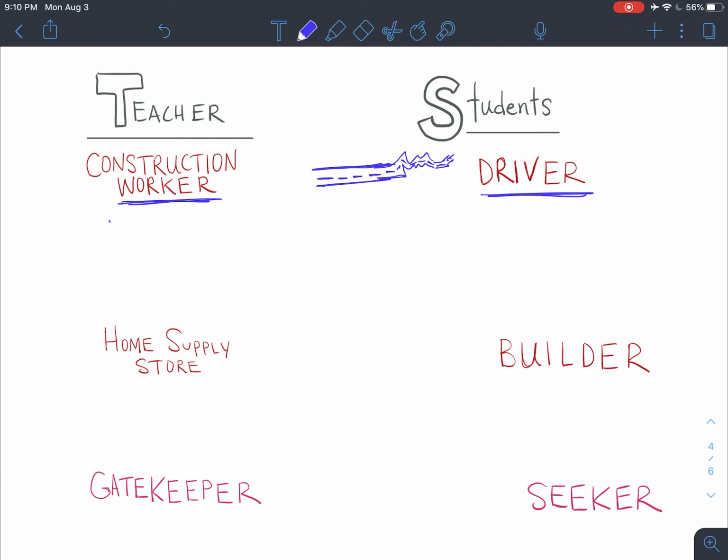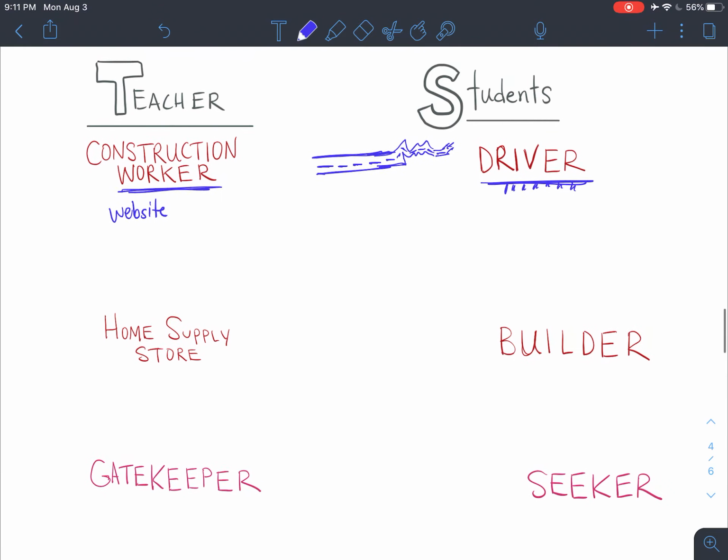I use that because I can show students that I've created the website with all of the tasks. And you can use the same idea, that you've created the website with all of the tasks. It's their job to actually go through as the student and be a driver, actually engage in all of those opportunities. That's their responsibility, and that helps build their executive functioning.